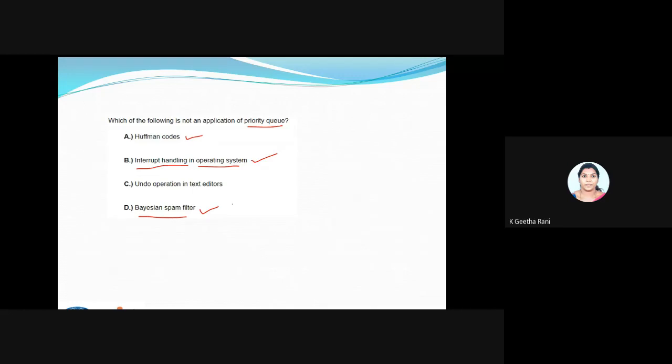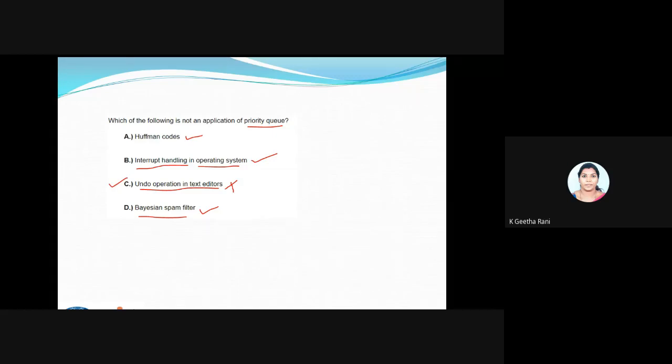Okay, which is not the application is going to be the undo operation in your text editor. We will be using this somewhere else. Can you give a guess for it? Where will we be using this undo operation? We have heard this term undo operation in some other application, for a stack or a queue. Can you give me the answer for that? Which DS is using this application? Yeah, it's going to be stack. I got the answer from Cypria. So the stack is going to hold this application, not the priority queue. Fine. The answer is going to be C, not A or D.